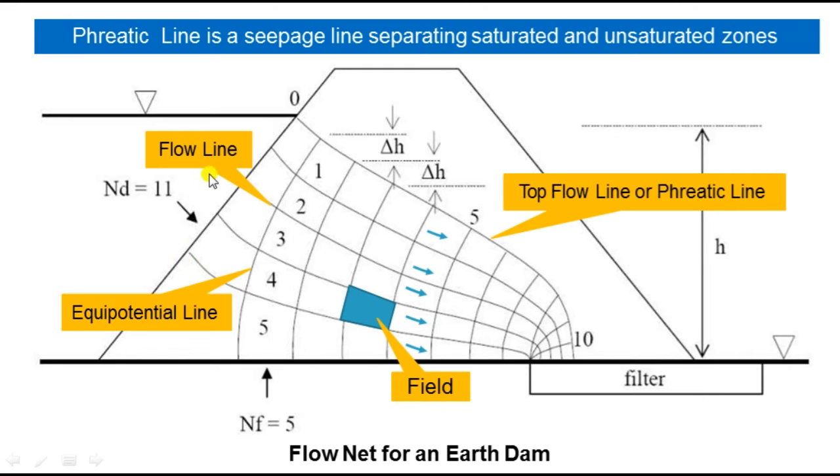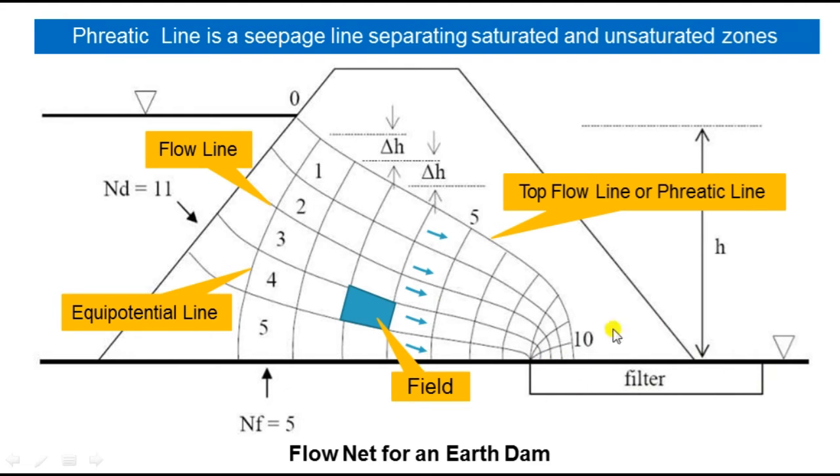Now see in the picture, these are the flow lines: flow line number 1, 2, 3, 4, and the last is 5. They cannot intersect each other. The two flow lines show the path of flowing water, meaning water enters through that portion and leaves or escapes through that portion. If the flow lines are extended out through that embankment, sloughing may be possible. So we have to provide a filter.